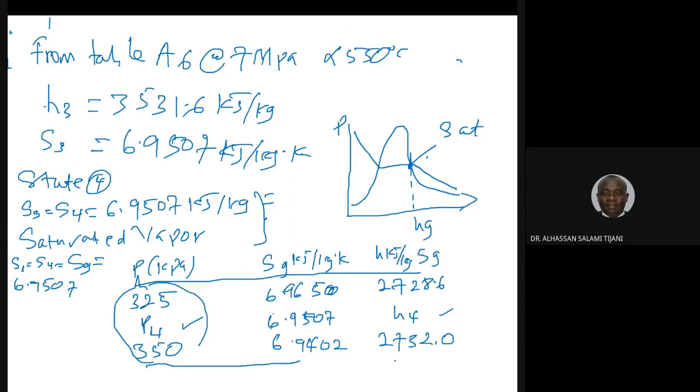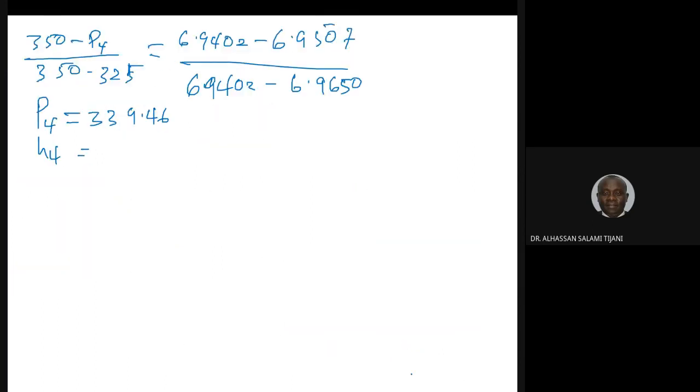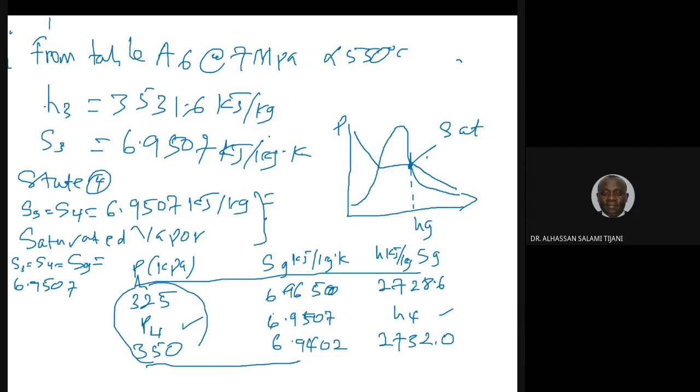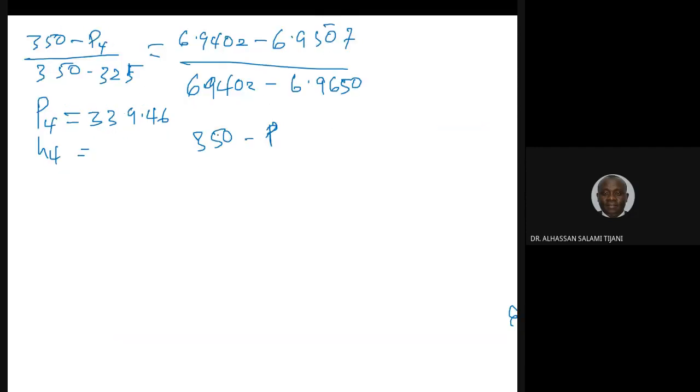So to find H4, I'll have 2732, or in other words, (350 minus P4). Yes, we can use the same thing. We know P4 already, so we'll have 350 minus